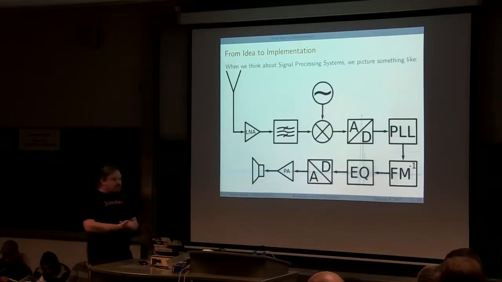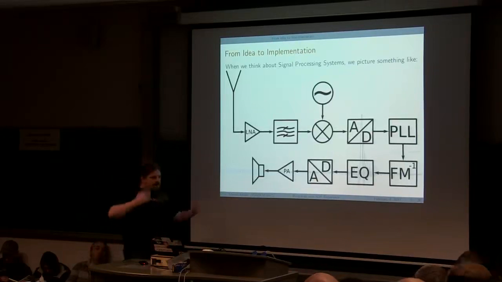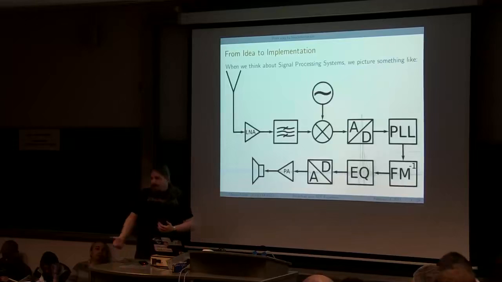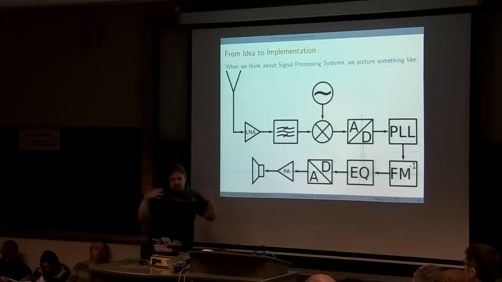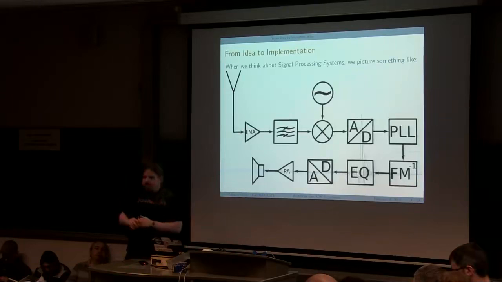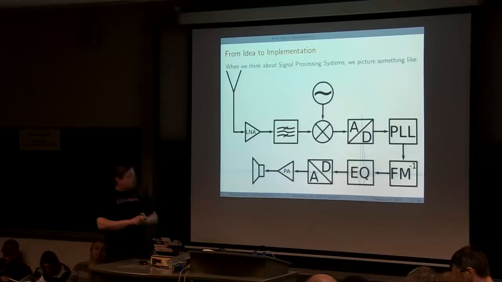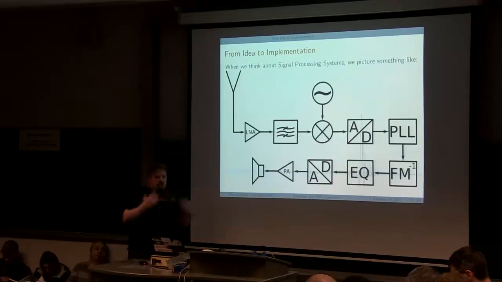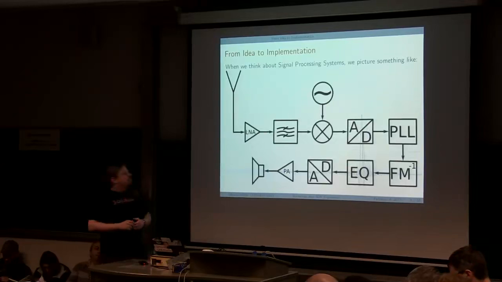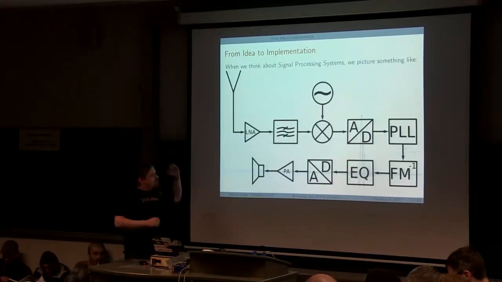We're coming to the part where we actually go from, okay, we have GNU Radio, we have ways to install it. We have the idea that GNU Radio is some kind of, we have 5 minutes, some kind of signal processing system. But how do we get from these abstract ideas to an actual implementation? So what I did is